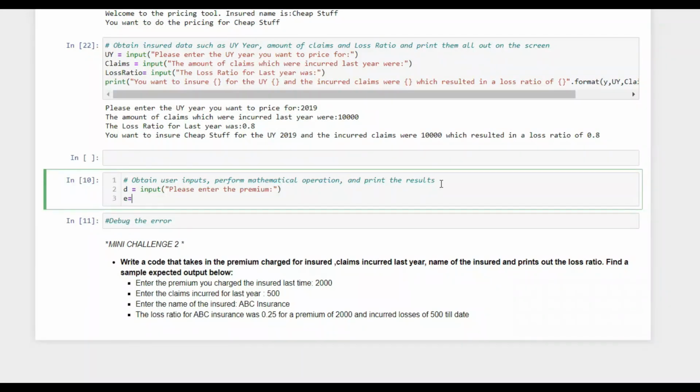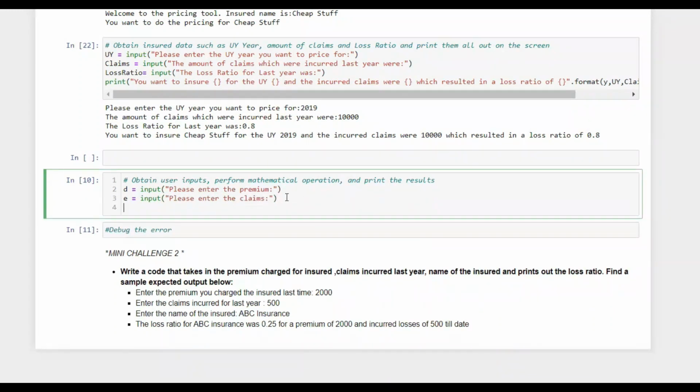Then E is equal to input, please enter the claims. Now you won't ask everything, because if they have to enter everything, what's the point of you making an application for them, right? If I ask them please enter the loss ratio, then why would someone use this application? Therefore we need to perform some mathematical operations inside it.